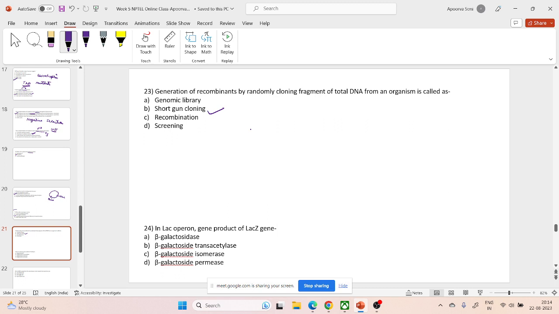We do this because the genome is very huge, so it's better to cut the genome into smaller fragments, clone individual fragments, and then align them. But if you want to generate recombinants, then shotgun cloning would be a better approach,